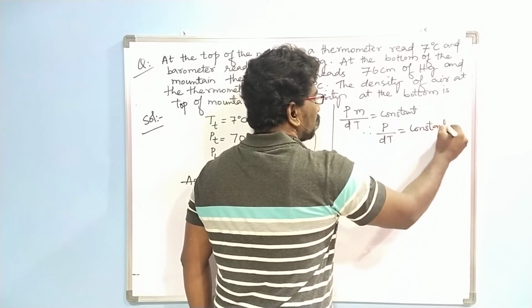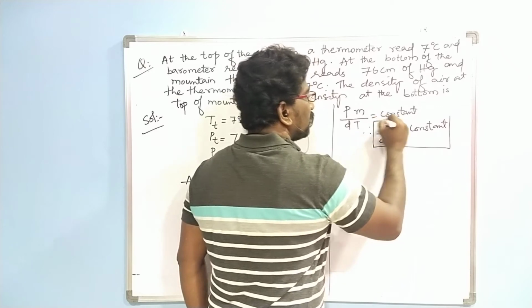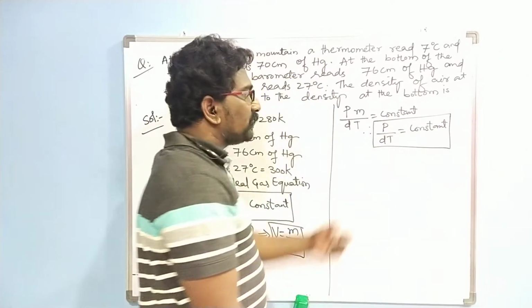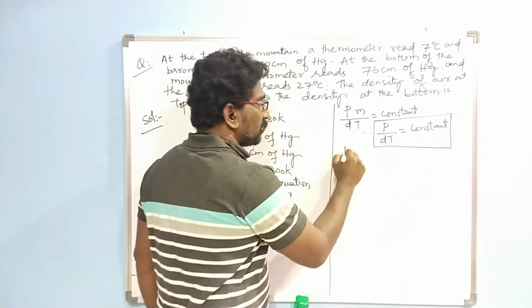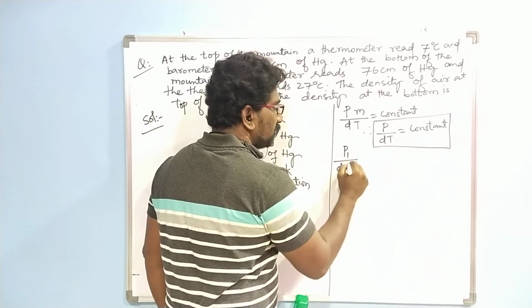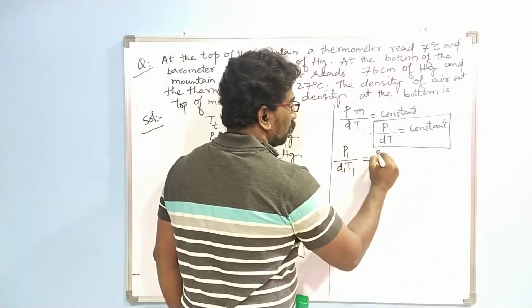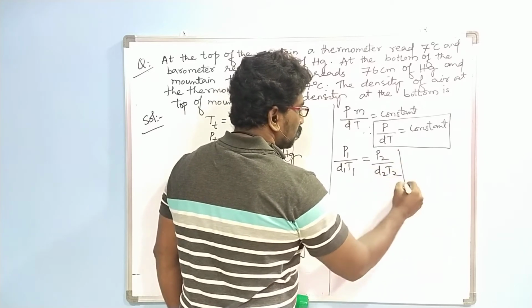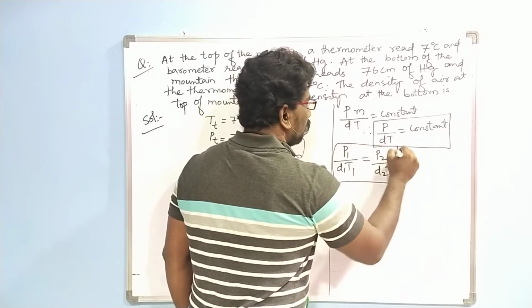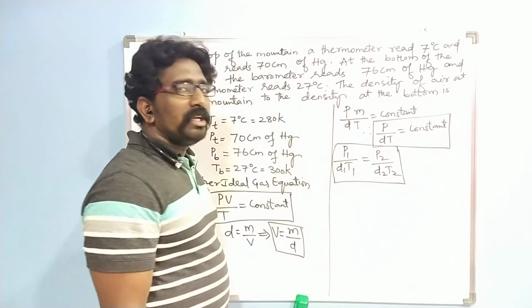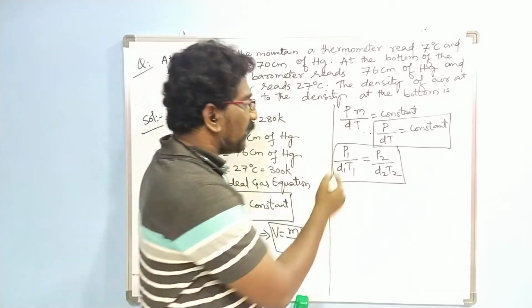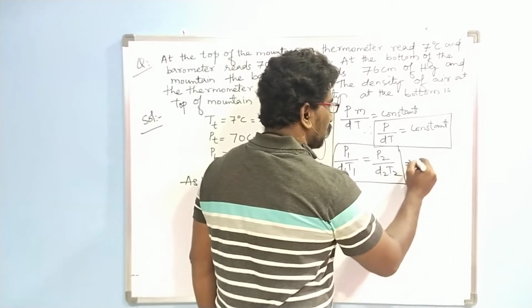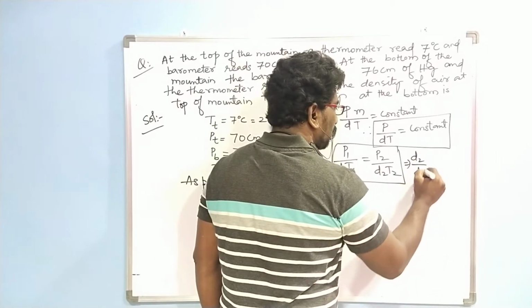P is the pressure, D is the density and T is the temperature. So I can write my equation as P1 over D1 T1 is equal to P2 over D2 T2. You are supposed to find the solution in terms of density, so I will write this implies D2 over D1